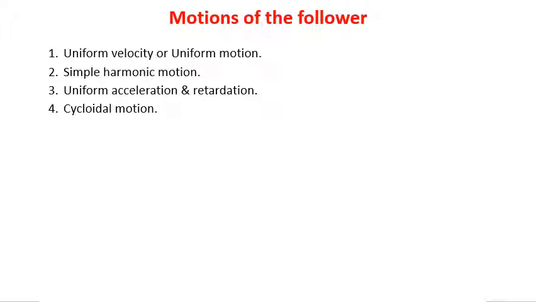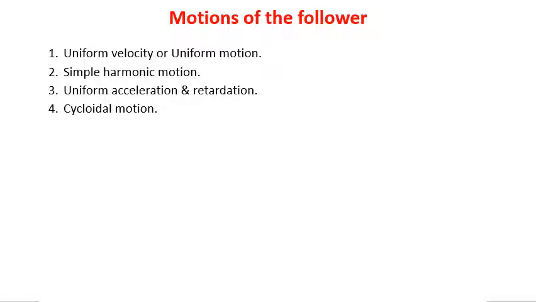These are the different types of motion, especially for the follower, and it defines the shape of the cam profile. Okay, it defines the shape of the cam profile because in the first case, that is uniform velocity